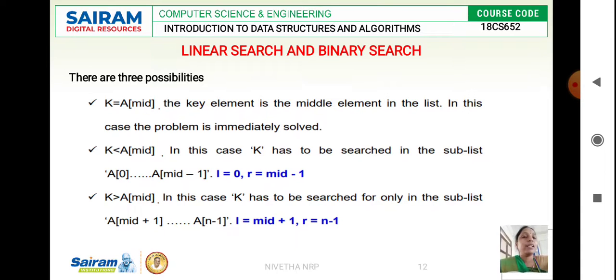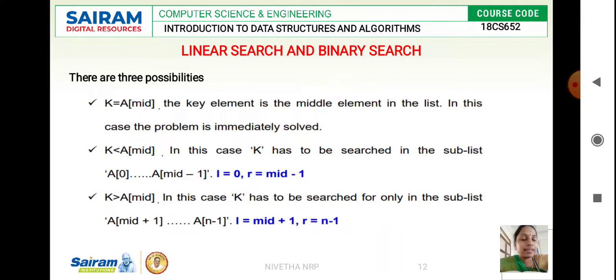If our element is at the mid position of the array, then we directly return the value. If the element we are searching for is less than the middle value, then we ignore the right side, since binary search works on an ordered list, with sequentially ordered data, so we can avoid searching the right of the list.